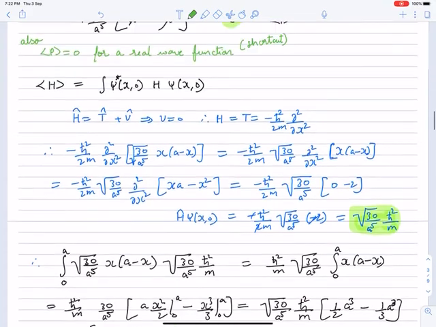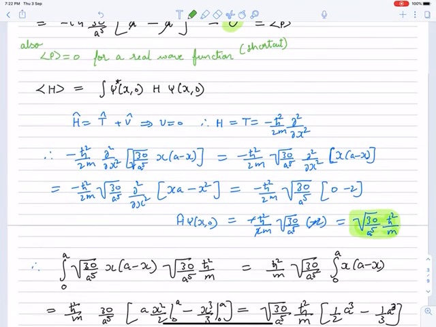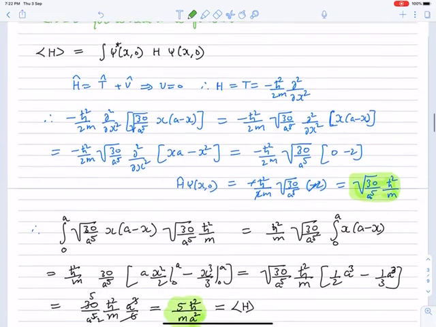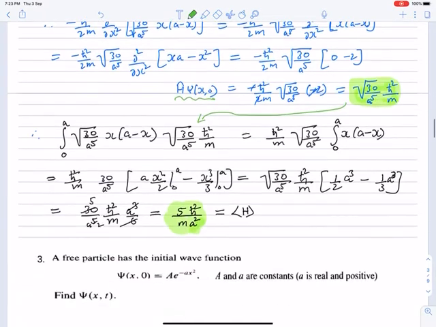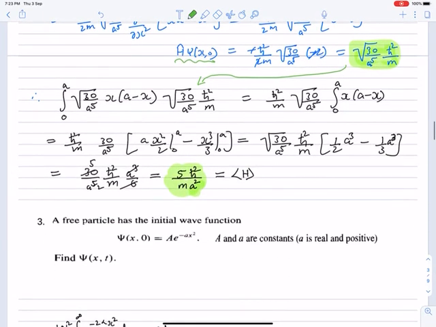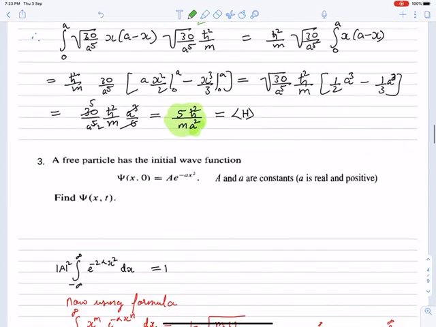Now once you have calculated H psi, you can put this. So I have calculated it. H psi is here, and you can put it in, and you will get the expectation value of H. Okay, now